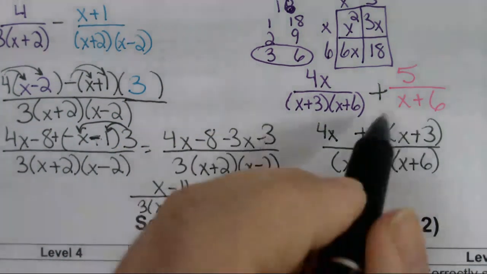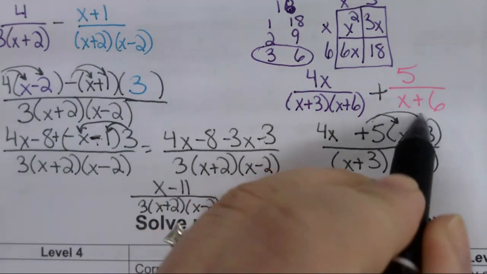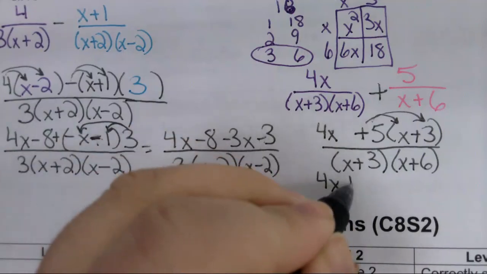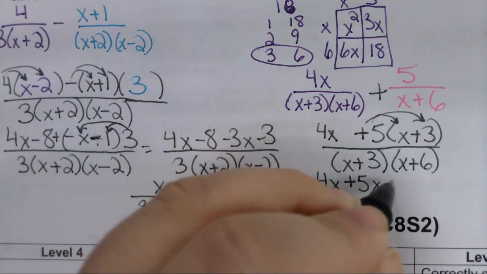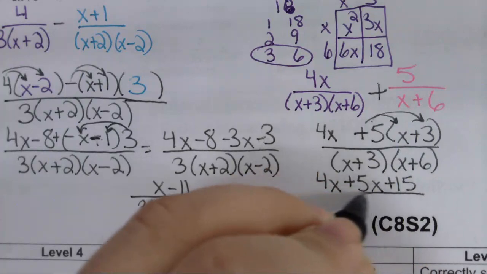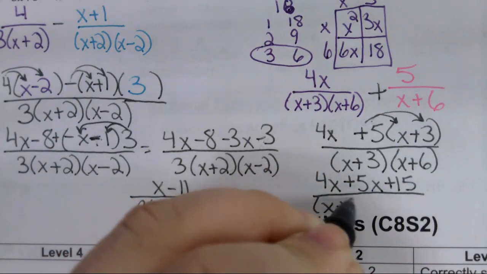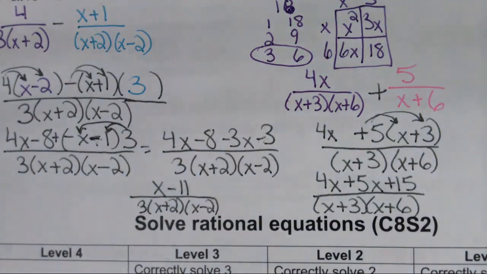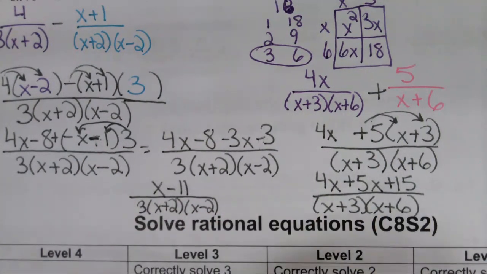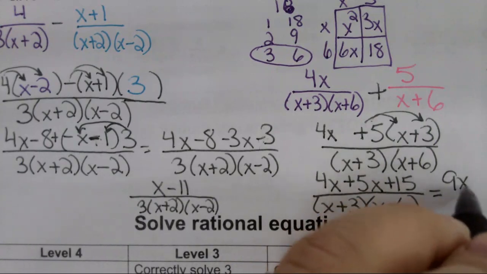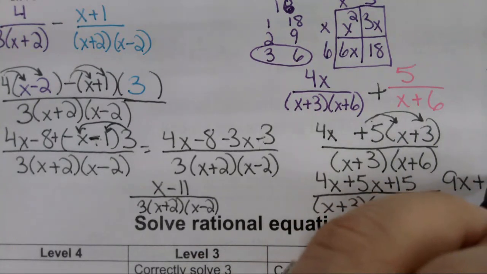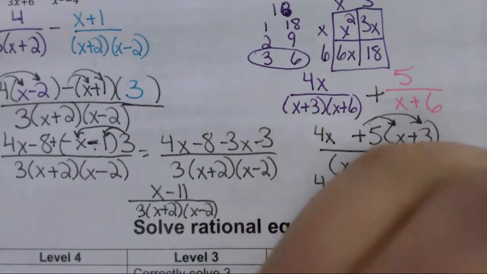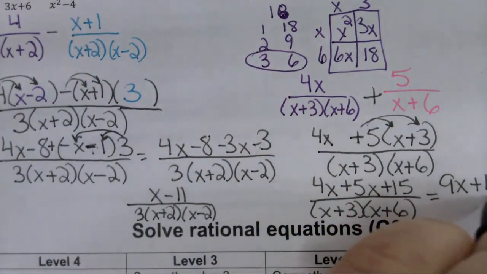That 5 needs to be distributed. 4x plus 5x plus 15 all over x plus 3, x plus 6. 4x plus 5x gives me 9x plus 15, all over x plus 3